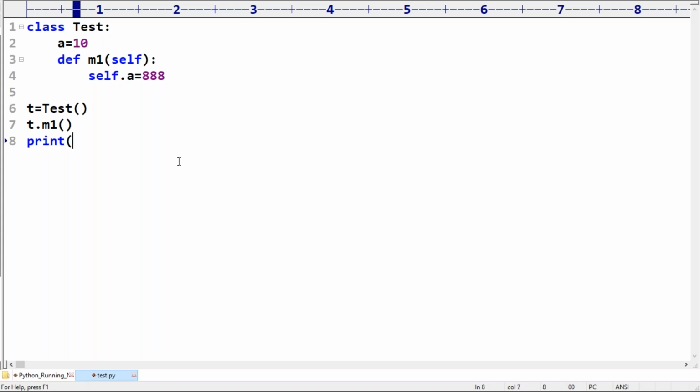Now print Test.a. What is the answer we are going to get?